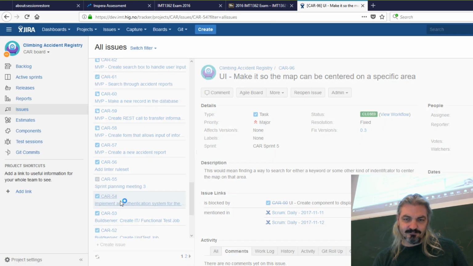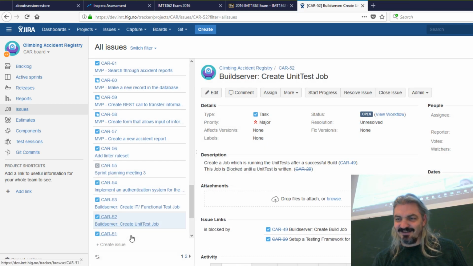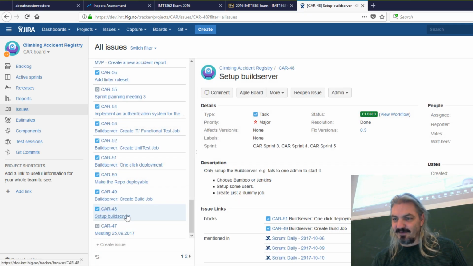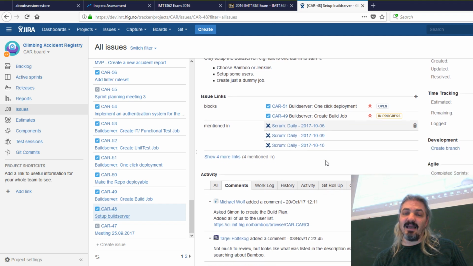Oh, that was unassigned. Come on, guys, they should have assigned some of these. There we go. So the assignee is Tadia, the reporter is Michael. It's closed, it was a task, it was major importance. You can see here what other tasks it relates to in blocks.